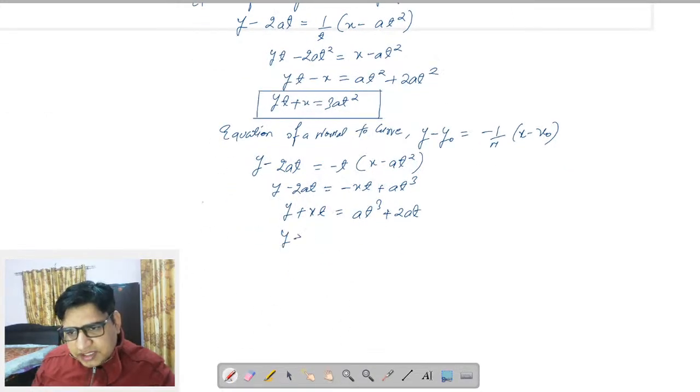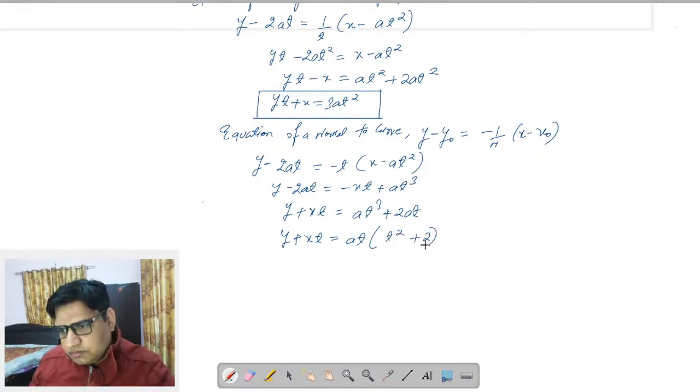So y plus xt is equal to 80, we can take common from here, and here it will be 2t square, and here it will be 2 only. Okay, so that is the required equation for